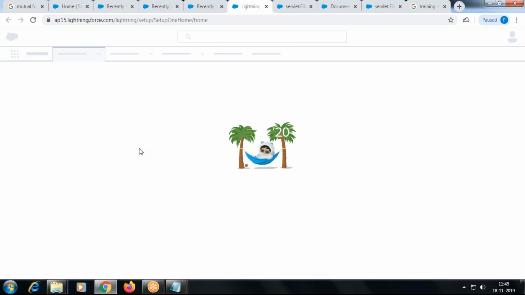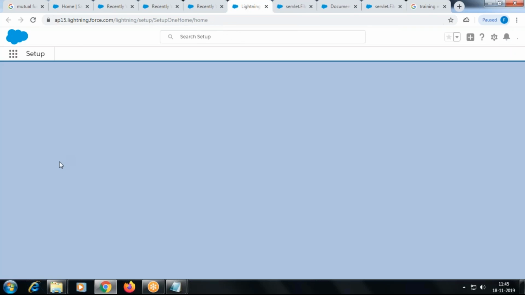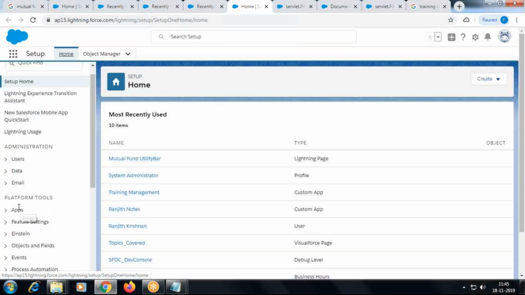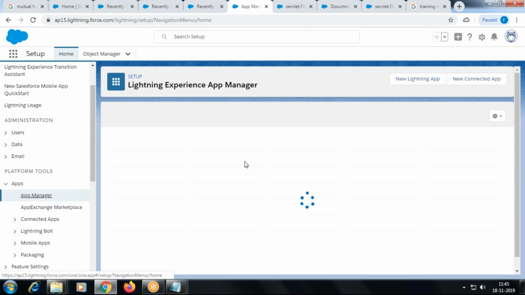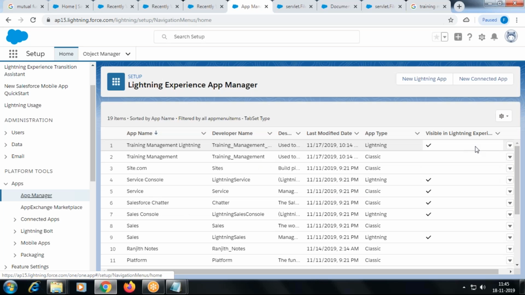Go to setup. App, app manager. Yes, edit your Lightning app.